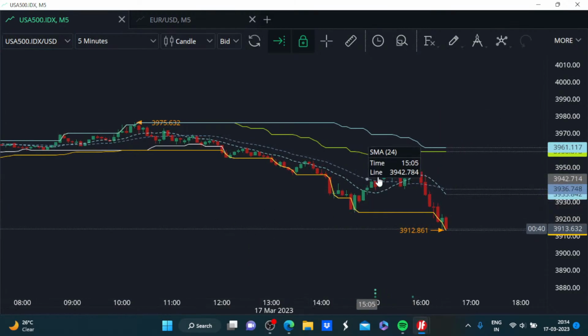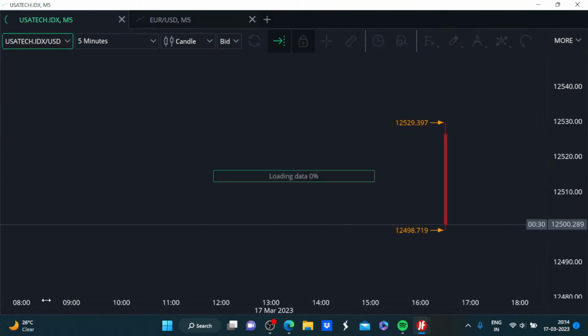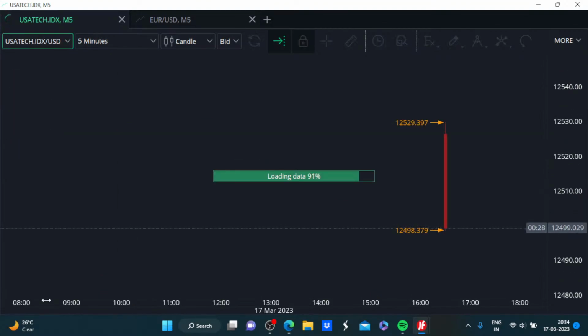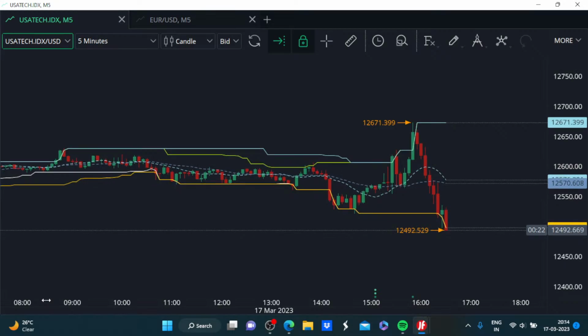So I think it is now compensating for this retracement. But more or less, we still have to prefer the more volatile instrument, and that is going to be the S&P 500. So we have the better bearish momentum in S&P 500,